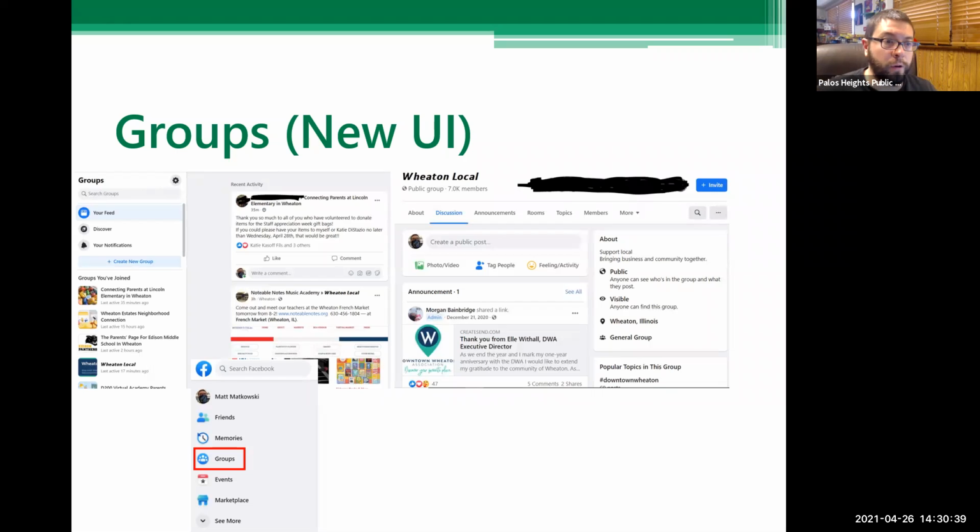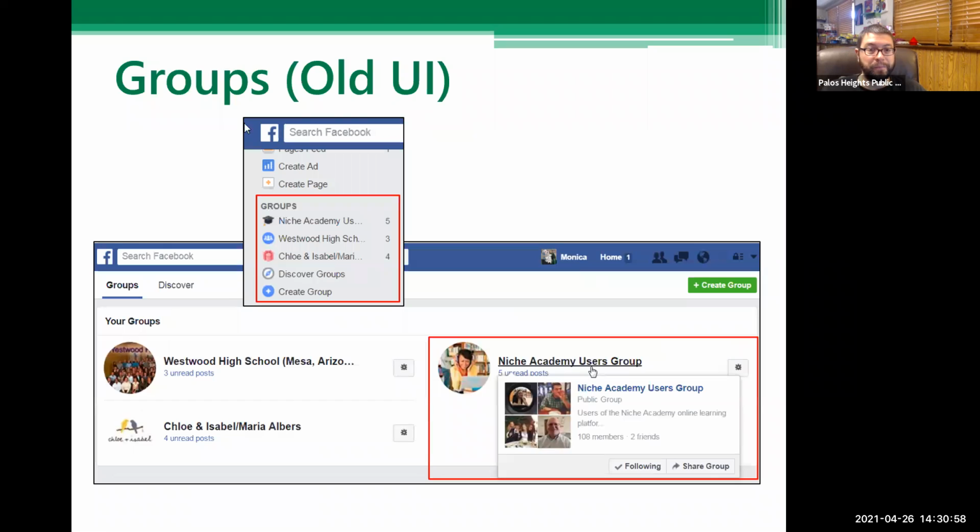So yeah, more and more these are getting used by people, I think. And I really only just started using them within the last year or two. And I found it to be a pretty good source of local information. So check that out if you like. This is how it used to look. Again, not much different, but if you still have this look to your Facebook, that's how it'll look.